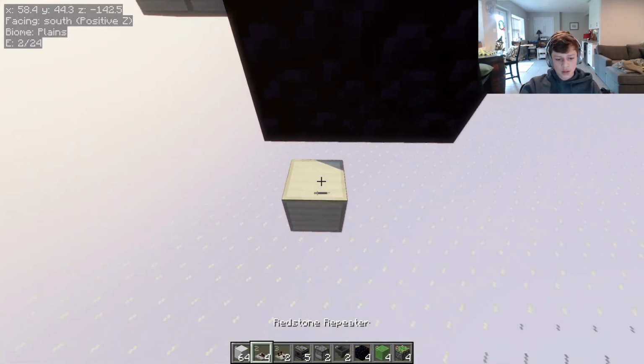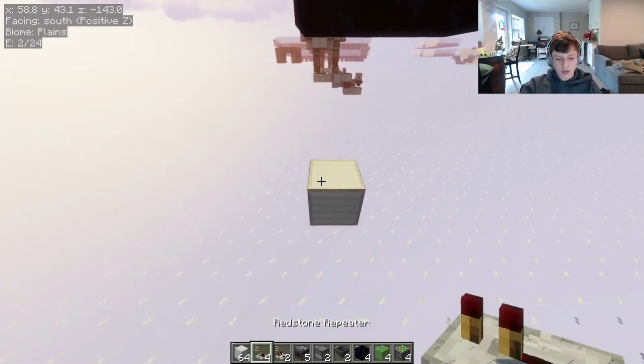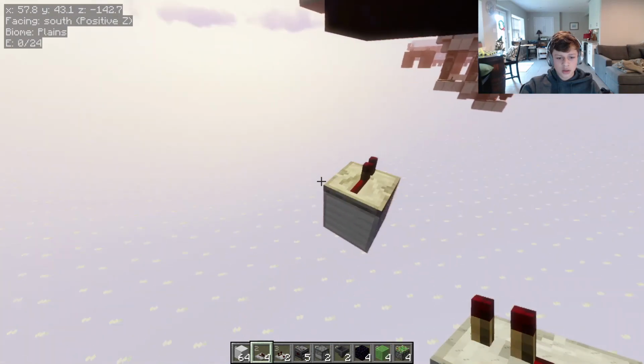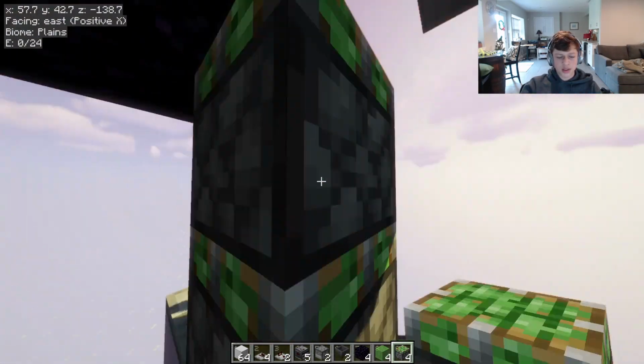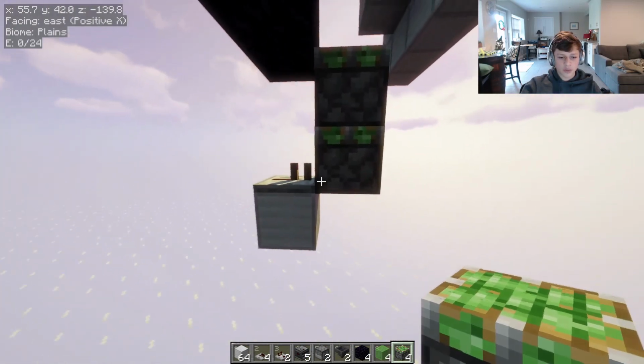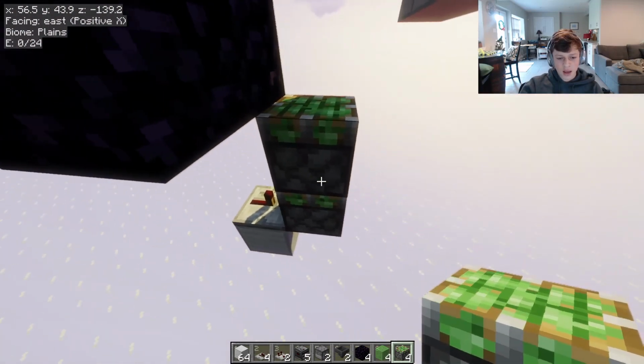1 block. So 1 block with 2 air blocks in between. Repeater set to 1 tick. Then you want your 2 pistons. The first one, the bottom one, going out, the repeater is going into it, and then 1 on top of